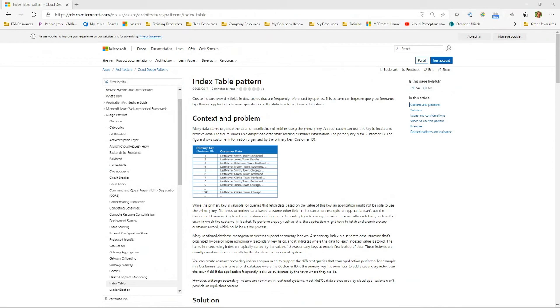So duplicating the data is fine, but we see in a relational database world, people will create a secondary index to satisfy a specific query, and then someone else has a different query and they create another index, and that's okay to a point.